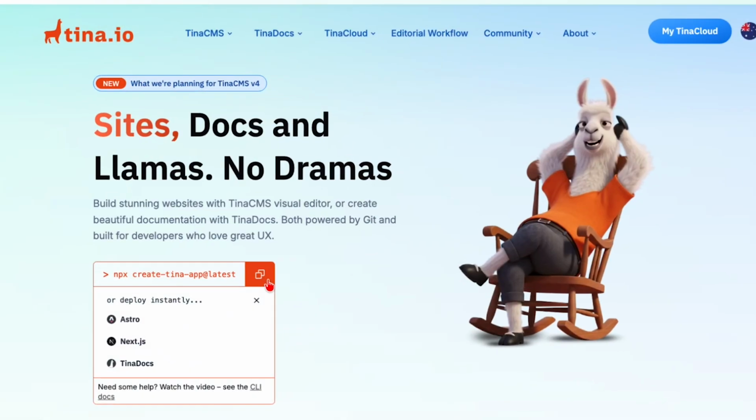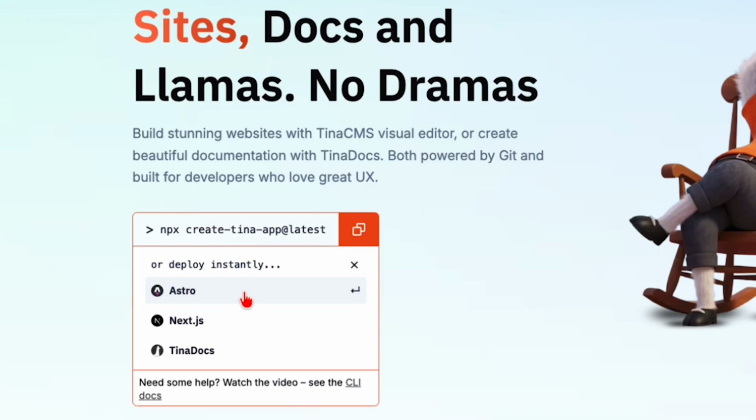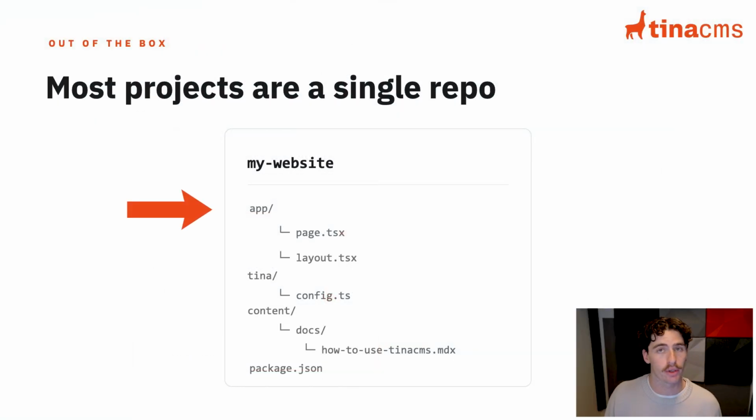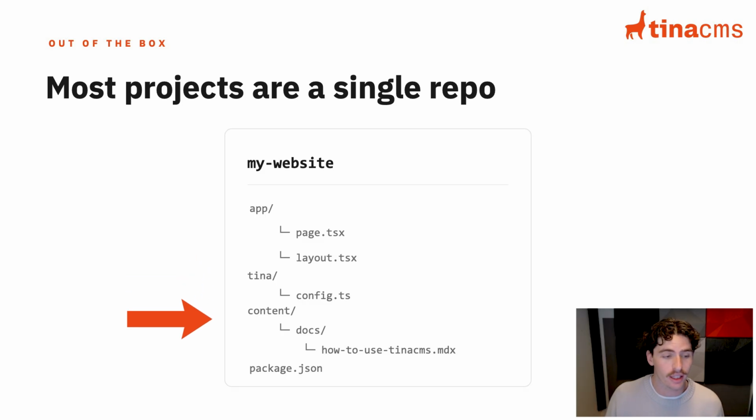So out of the box, this is how most of your TinaCMS websites will look. You'll have all of your application code in there, your Tina schema, all of your content such as your documentation, and your actual build scripts all packaged together in the one GitHub repository. And that's fine, but when you go ahead and split up your project into two repositories, there are heaps of